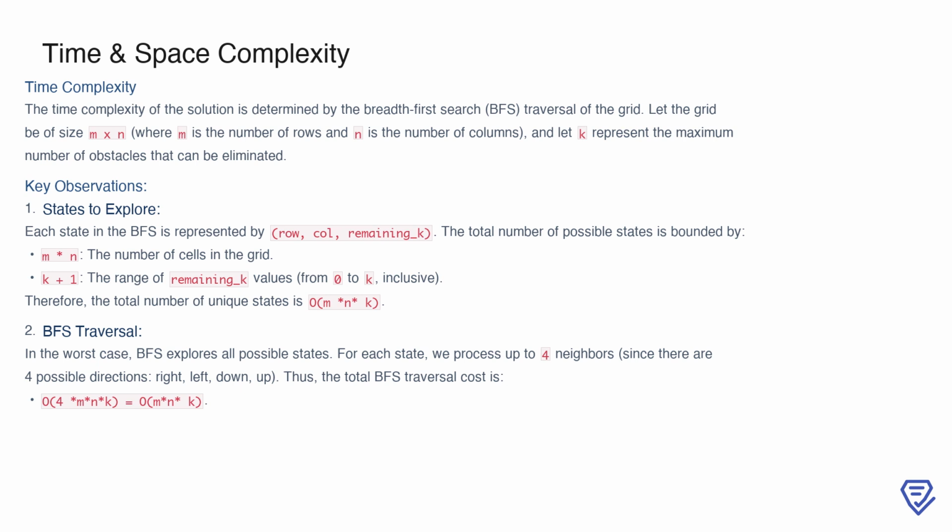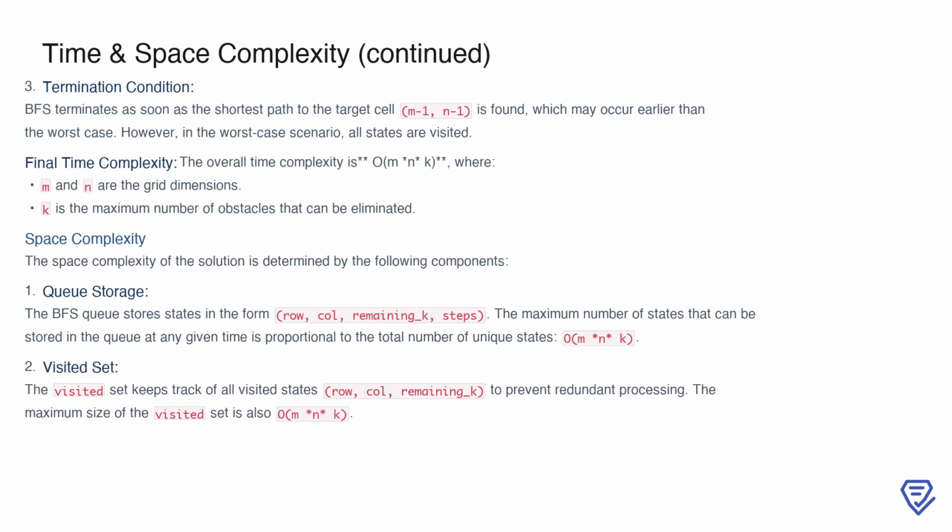m*n*k unique states. For each state, BFS explores up to 4 potential neighbors, 1 in each direction: right, left, down, and up. This results in an overall BFS traversal cost of O(4*m*n*k), which simplifies to O(m*n*k) when we drop the constant factor. The BFS process terminates as soon as the shortest path to the target cell, (m-1, n-1), is found. While this termination may occur earlier in some cases, the worst-case scenario involves all possible states being visited. As a result, the worst-case time complexity remains